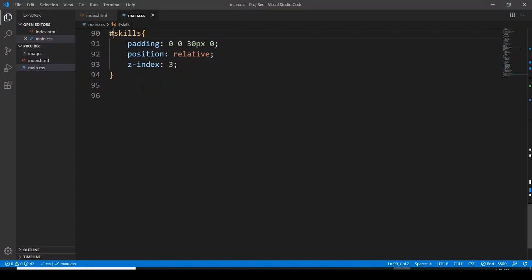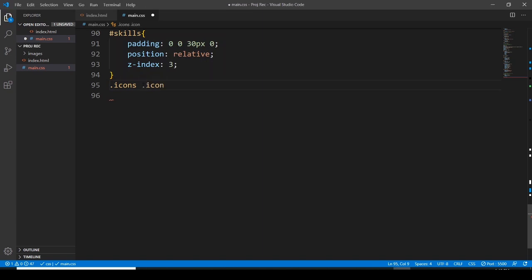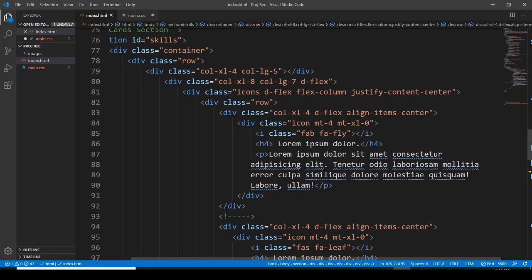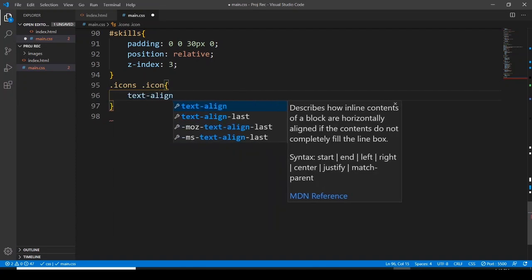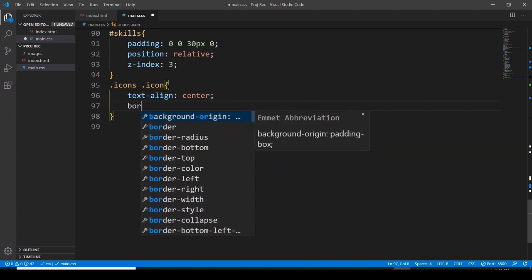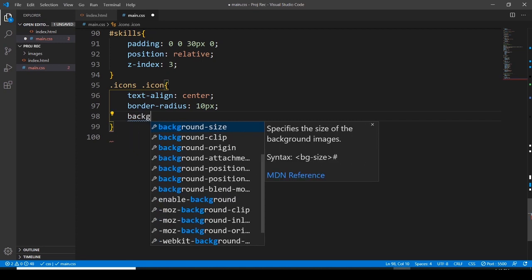After this, what I'm going to do, let's use the icons class here, and icons and the icon class. Let me check again here. Yeah, icon and icons. So icon and icons classes are here, and we have to say text-align center, border-radius 10 pixels, background,